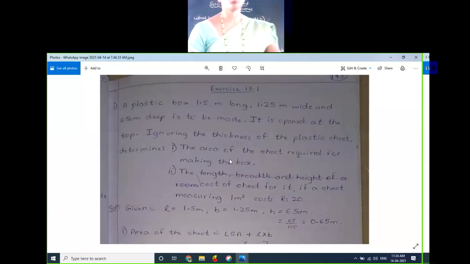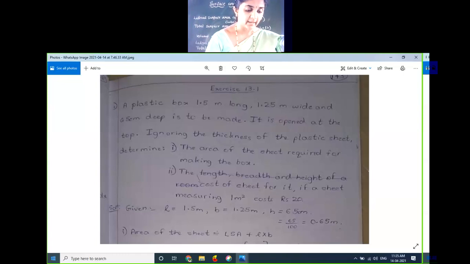I think you all have your textbook. Open your textbook and read the problem once. The problem is like this: a plastic box 1.5 meter long, 1.25 meter wide and 65 centimeter deep is to be made. It is opened at the top. Ignoring the thickness of the plastic sheet, determine